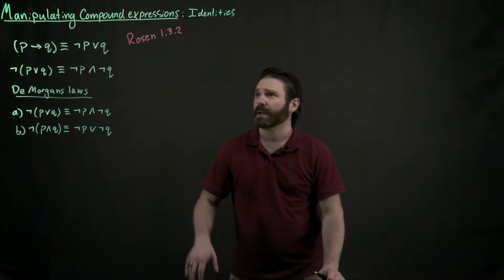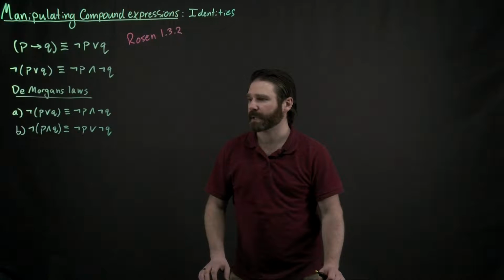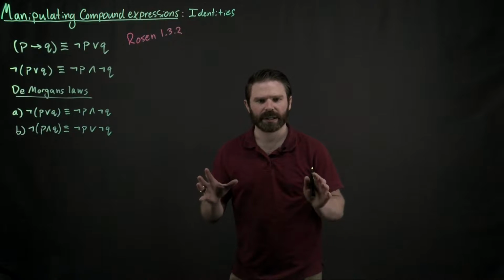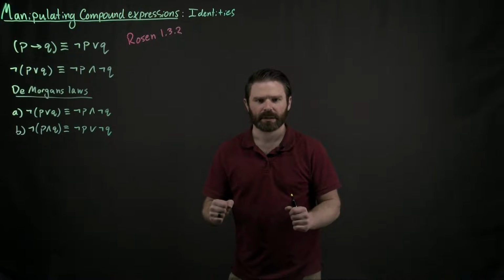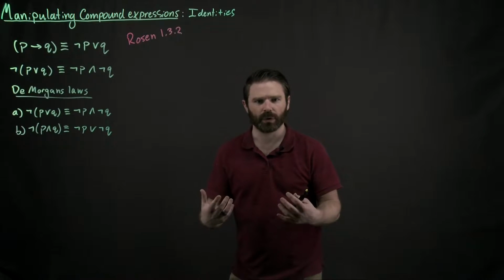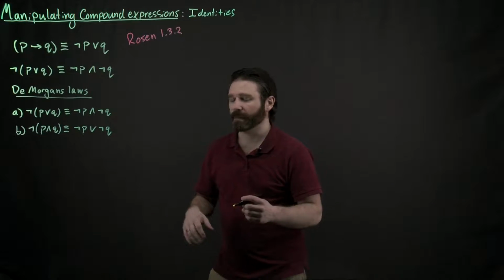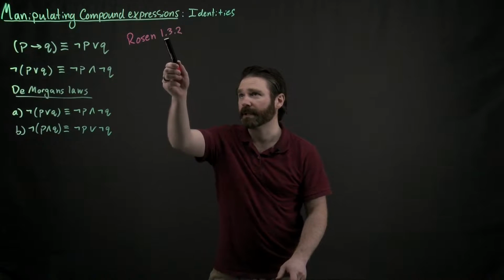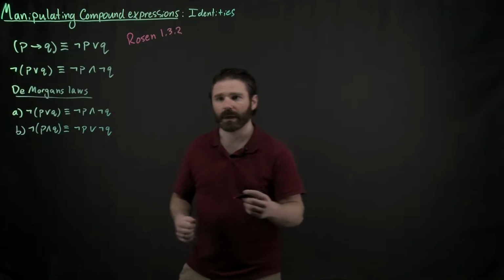So as I mentioned, in Rosen 1.3.2, there's a bunch of different identities. And I just want to call your attention to a couple of them. A couple of the very important ones, just to draw your attention to them, are all contained in Table 6 of this particular section right here. So in Table 6,